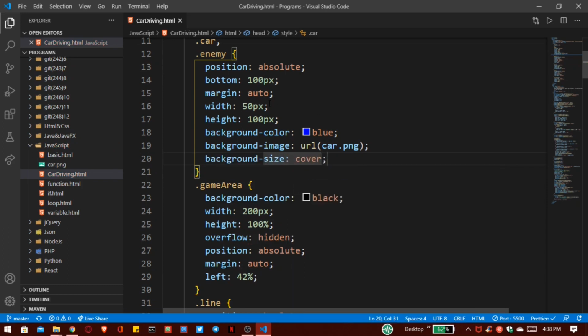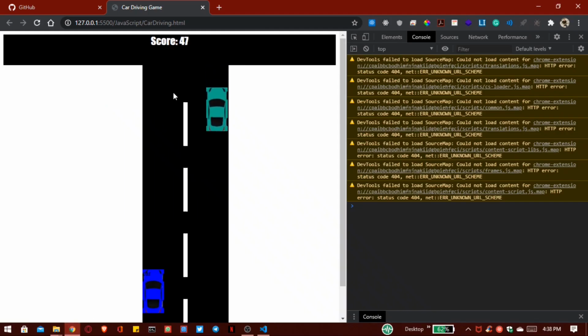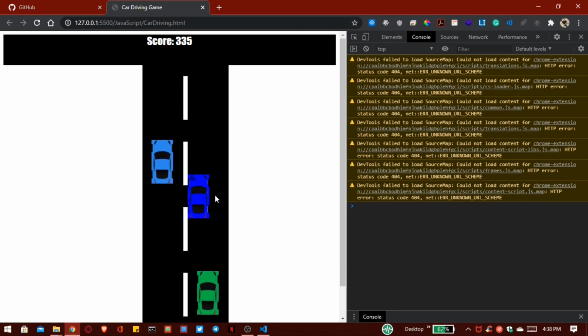So now save this and start the game. Now you can see our car is added with this background image, so this looks pretty good.